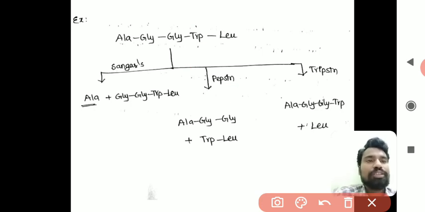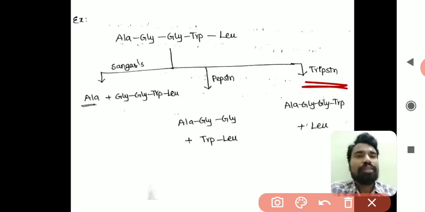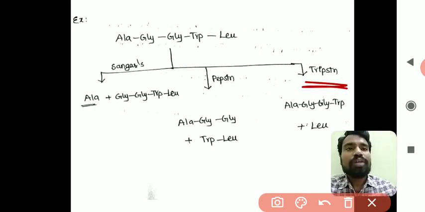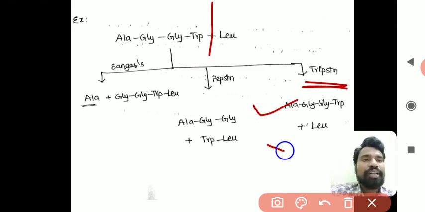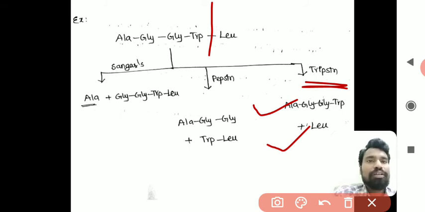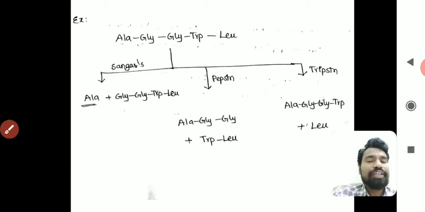The next one is trypsin. Trypsin will break the protein sequence after the basic amino acid, right? So here it results in a tetrapeptide and a monopeptide, that is leucine. So these are the applications of Sanger's reagent, pepsin and trypsin enzyme to identify different kinds of amino acids which are present in the